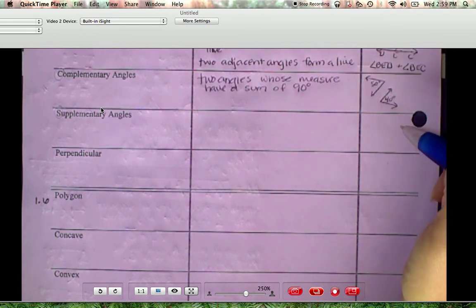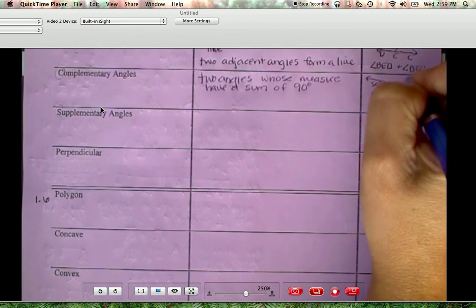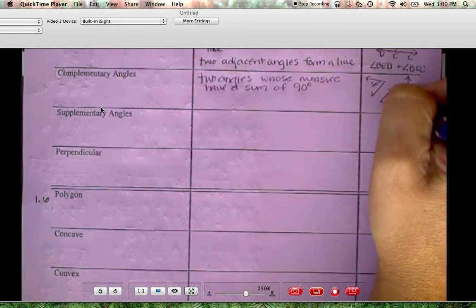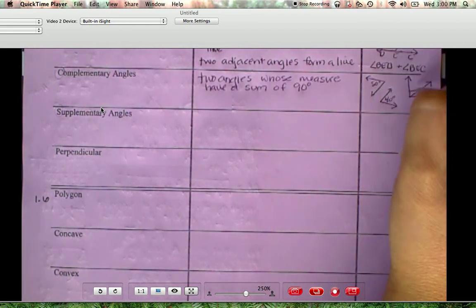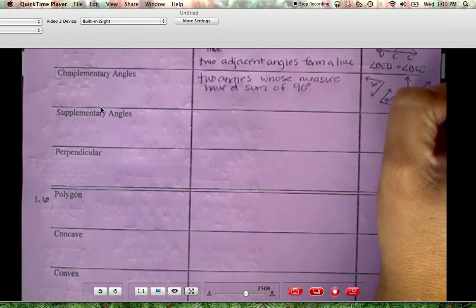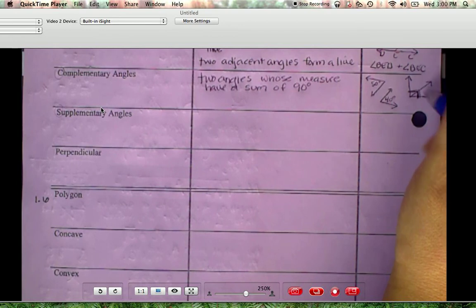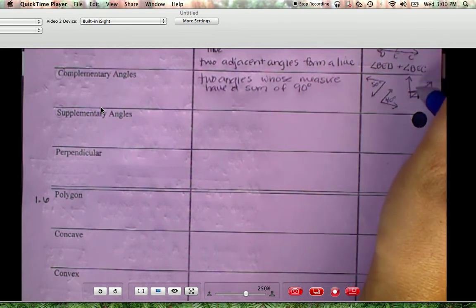In geometry, though, they will often not be marked this way. Instead, we know 90 degrees is a right angle. So in geometry, more often than not, we see 2 complementary angles like this. They show a right angle with the box in the corner, and it's being split into 2 separate angles. We don't know what the measures of those angles are, but we know that when they're glued together, they're forming a right angle, which is 90 degrees. So this is going to be the more popular way,